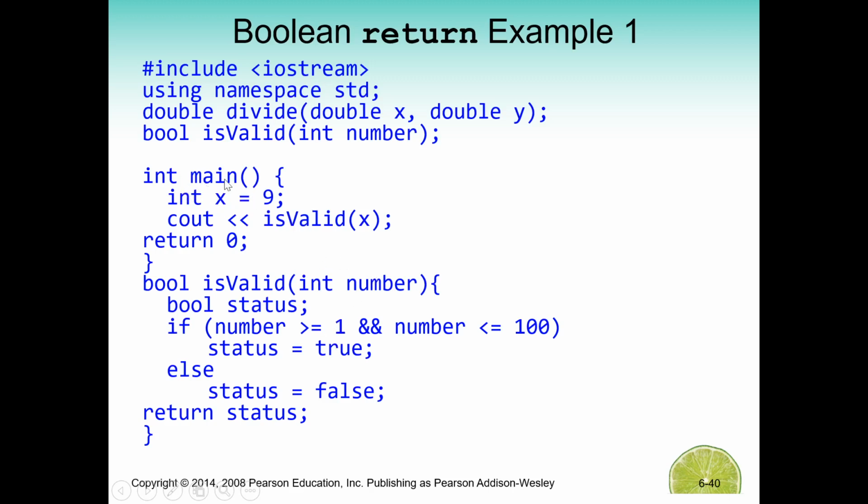Here in the main function we are initializing a variable, and it holds the number 9, for example, and we want to check whether number 9 lies between 0 and 100. How we check it is that we send it as an argument. Remember, this is an argument here, and we receive it in a parameter in another function. So we are already out of the main function here. This is the bounds of the main function. So we are sending it as an argument and receiving it into a parameter here, called number, and then inside that function